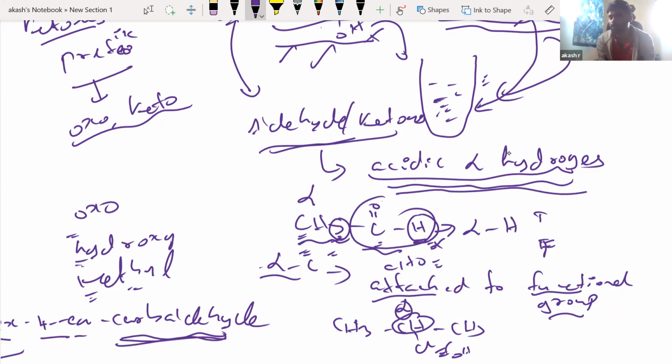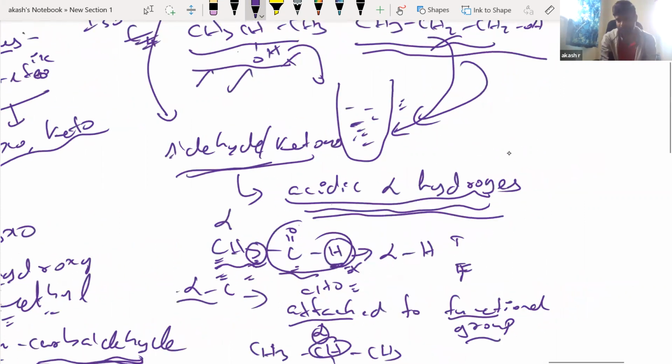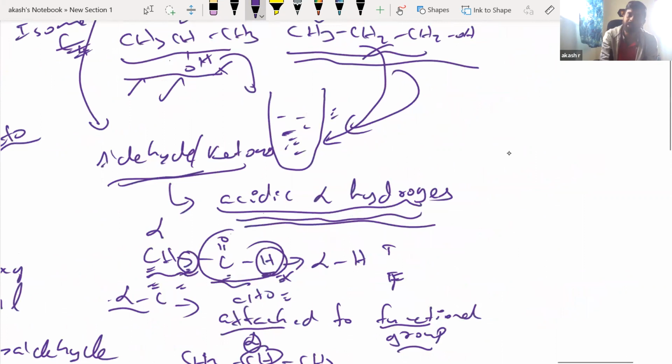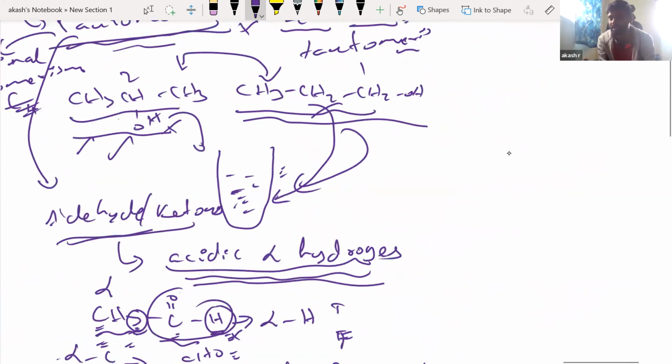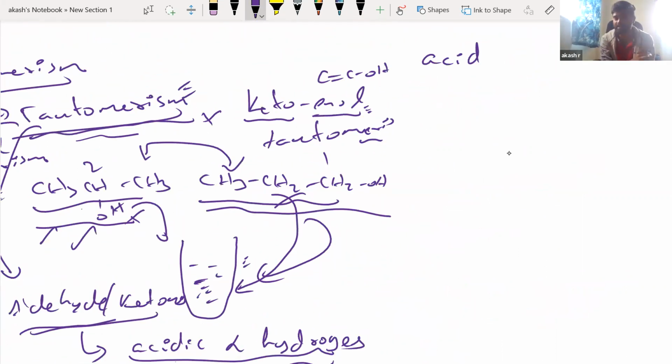Okay, now how do I prove this to you? Right. Now, people, in organic chemistry, how do we tell something is an acid or a base? I mean, how do we tell that that particular thing is a good acid, that particular thing cannot be an acid? How do we say that? We say it like this. The acidic strength,